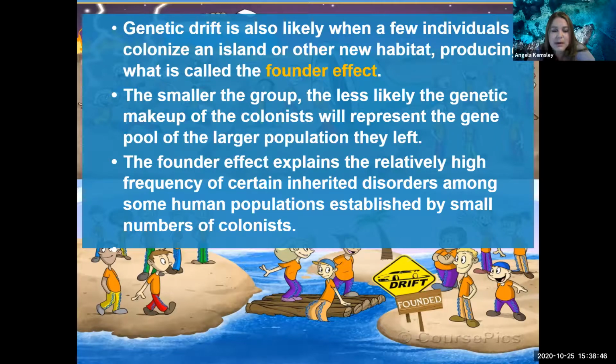Because if there is some kind of inherited disorder, if you're talking again about a large population, that inherited disorder is not going to have that much of an effect. But think about if they move to a new location, like an island. We have a group that colonizes an island. So now instead of having thousands of individuals, we have dozens of individuals, and 1 or 2 of them have this inherited disorder. Now they represent a much larger percentage of the gene pool. And so that inherited disorder is much more likely to have an effect on the overall population in this new, smaller population than it was in the old, larger population.